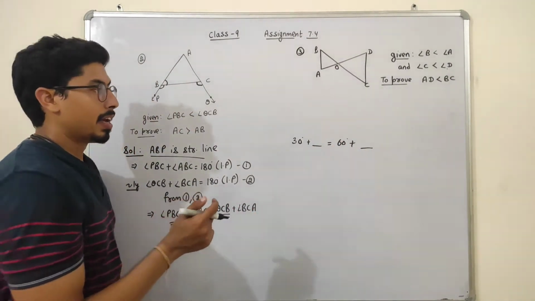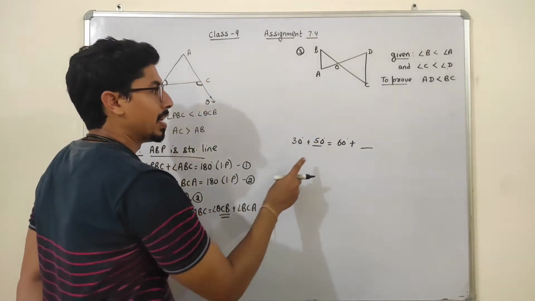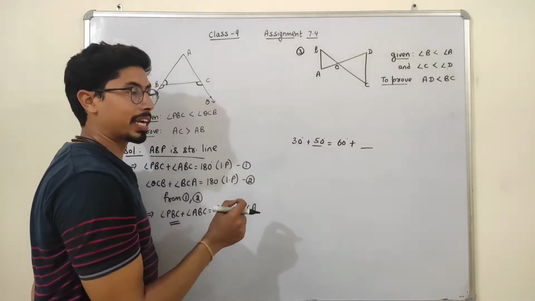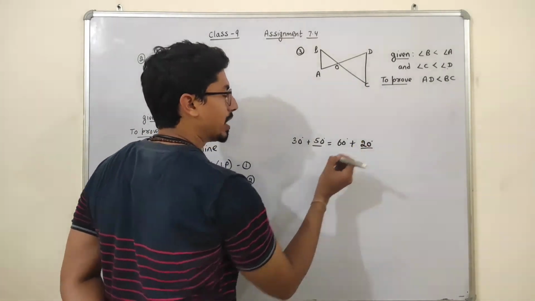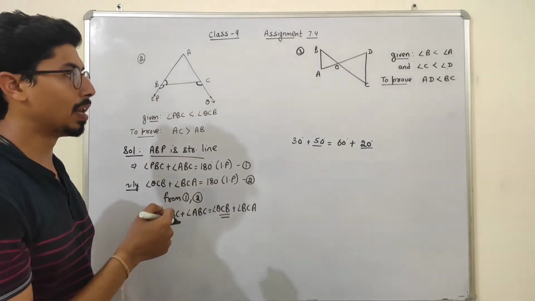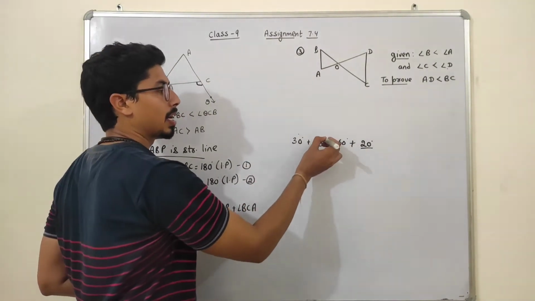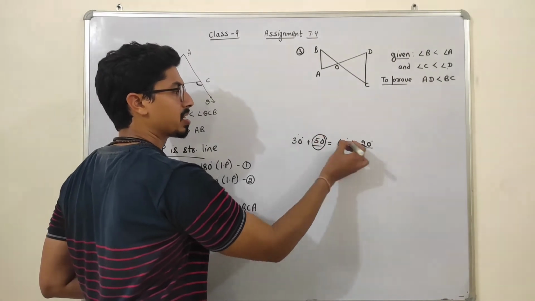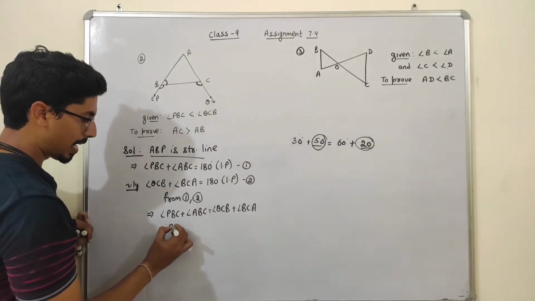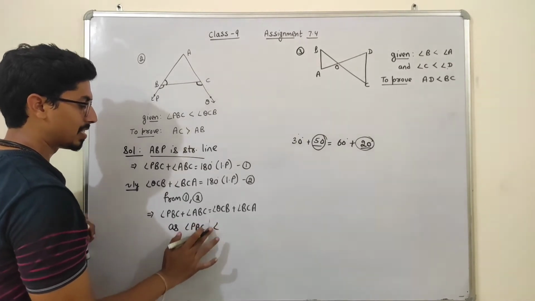But students, if I take this as 50, let's say 50, then 50 plus 30 is 80. Both these are with equal signs, so I have to take this as 20, because 60 plus 20 is 80 and 50 plus 30 is 80. Then they only become equal. So see, this 30 is smaller than 60, but if they both are equal, then this angle is greater than this angle.